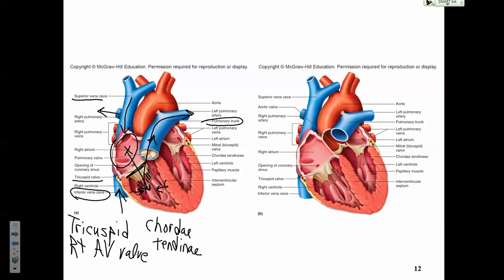It's an artery because it does what? Carries blood away from the heart, but it happens to have deoxygenated blood in it because it's coming from the right side of the heart. That's the reason it's going to the lungs, to pick up some oxygen and give up its CO2. But anyway, that's the pulmonary trunk. It's okay for me if you call it pulmonary artery because it quickly branches into the left and